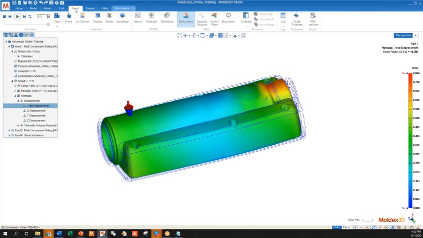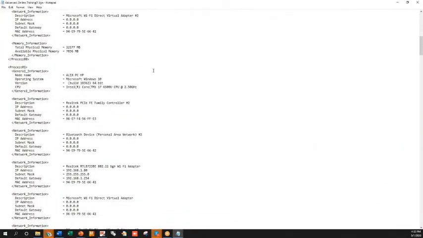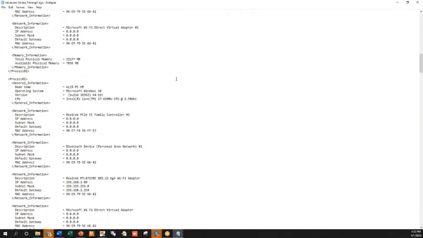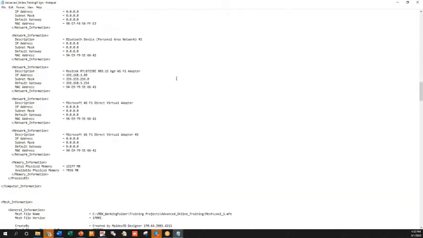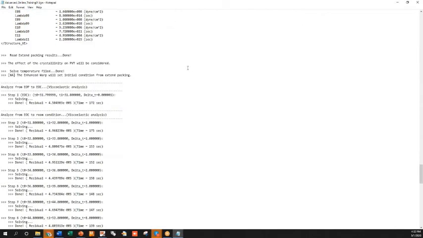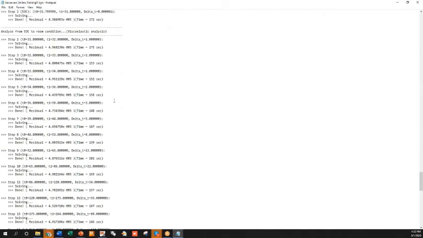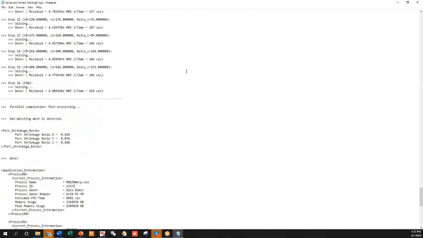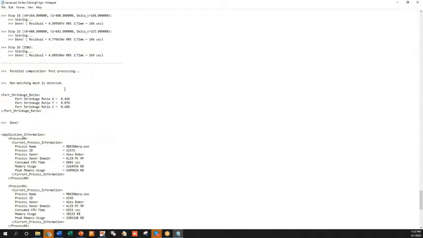So if I go to Result, and then I go all the way to the right where it says Log, I'm going to drop down and go to Warpage. This will bring up our Warpage Log file. You'll see all of the different inputs to the simulation towards the top. And then your simulation results will be maybe about 3/4 of the way to the bottom. Right below that is going to be your